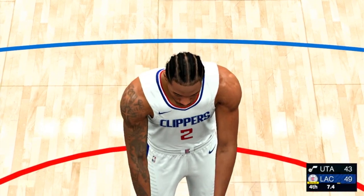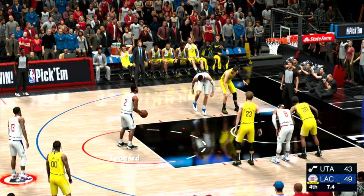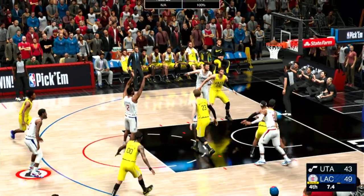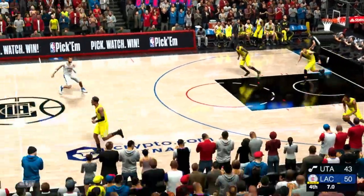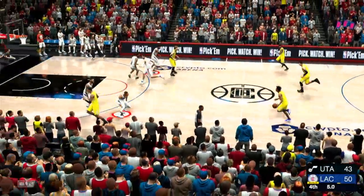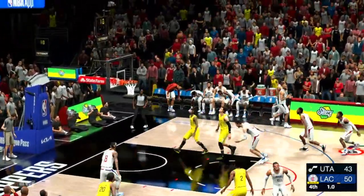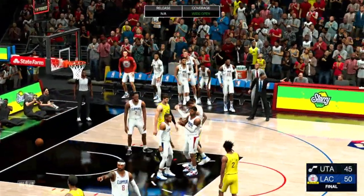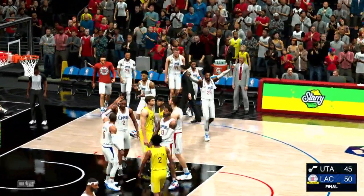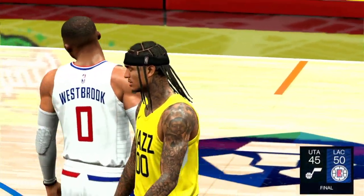Boy, Kawhi Leonard lets his game do the talking. Yes, he's soft-spoken and quiet, but boy, he's a big-time player. And he hits both free throws here, so now it's a 7-point game. Pass to Kessler. Will it go? A putback. He hangs in there and cashes in on the second chance points. How about the anticipation and the timing there? He is all over it. And so Los Angeles takes